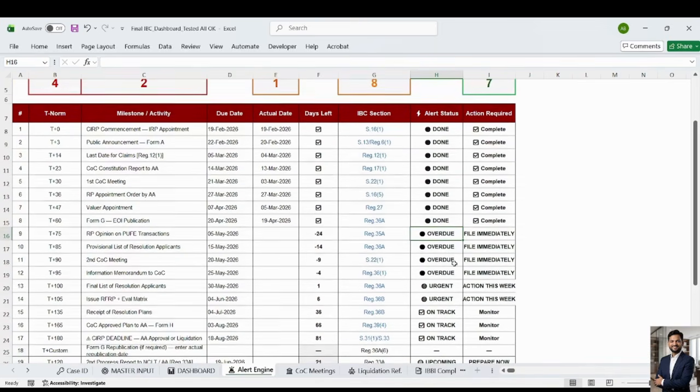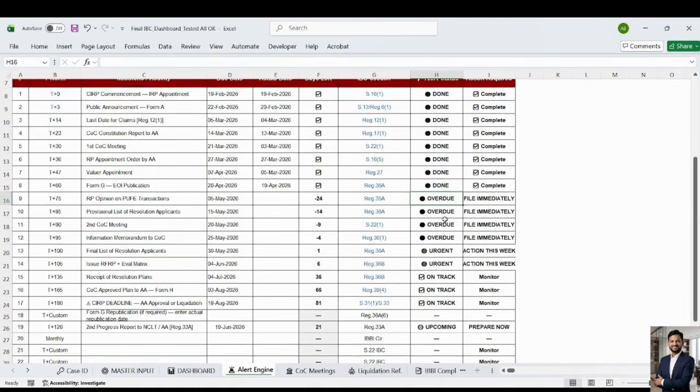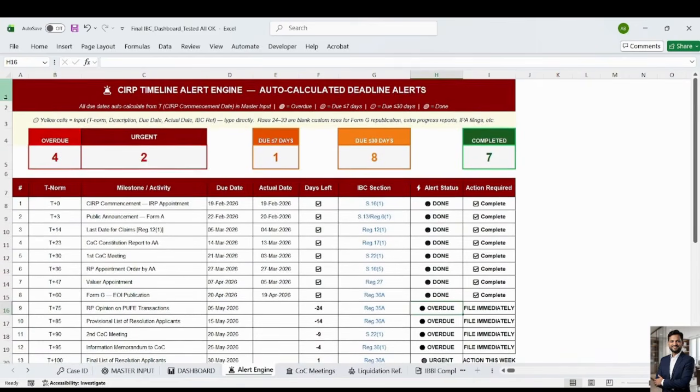You can add or remove rows according to your wishes. Each one shows a live status track, whether it is done, on track, upcoming, urgent, or overdue. So right now this is the live case. 4 items are flashed in red, which is overdue, and at T plus 75 days, we have already mentioned that